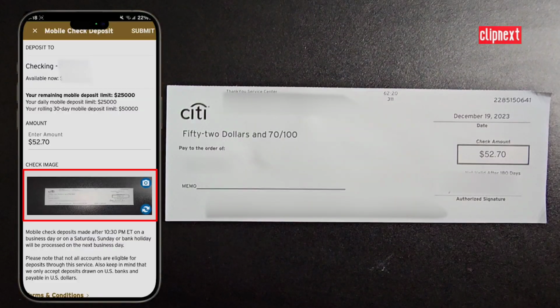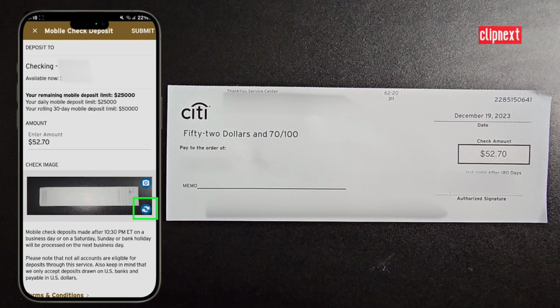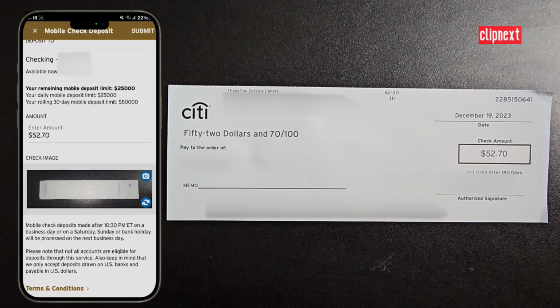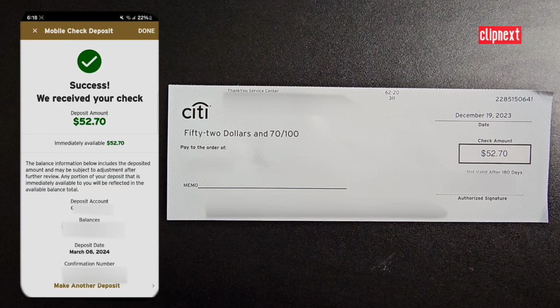Now you see the pictures of your check here, and you can flip the pictures using this icon to make sure the front and back image of the check are there. Now on the top right corner, you see this submit button. You're going to tap that, and once you tap that, it will give you this confirmation screen, which means that the bank has received the